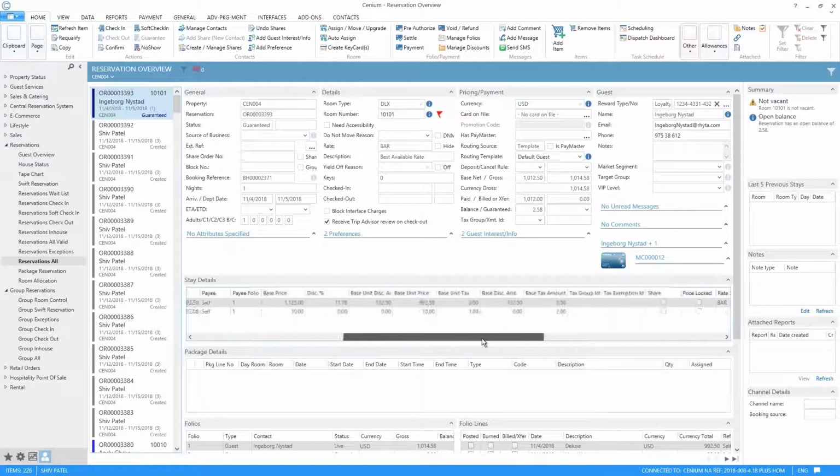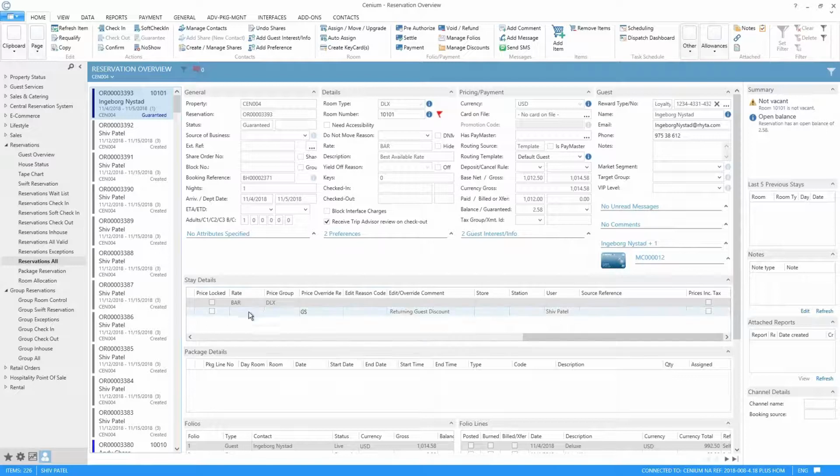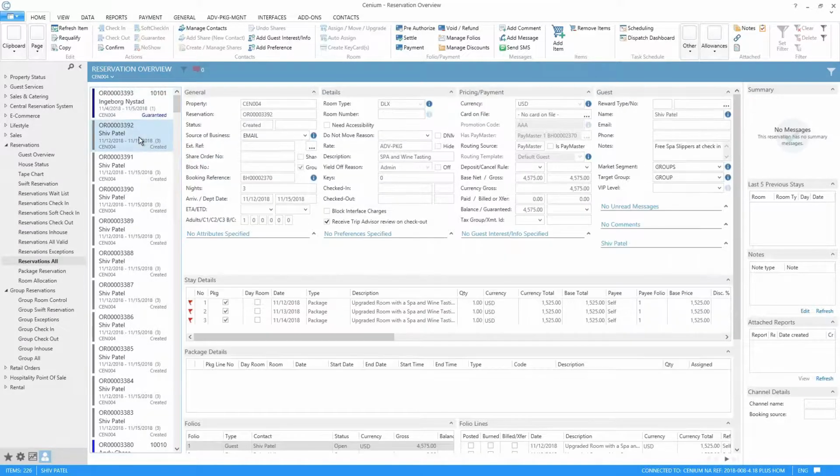All right. So as you flow through this view here, you're able to see all the different views of what's going on in this stay details reservation. Okay. So you're able to see the comments that we made earlier. You're able to see the room type for the accommodation. You can also see the user that gave this override. If this reservation was part of a package, you can see the package details here. So for example, I know that this reservation here has